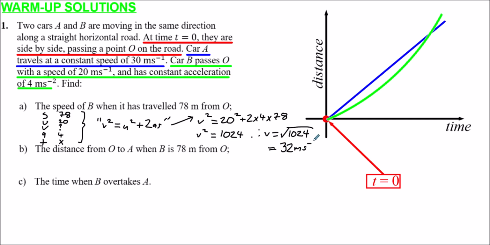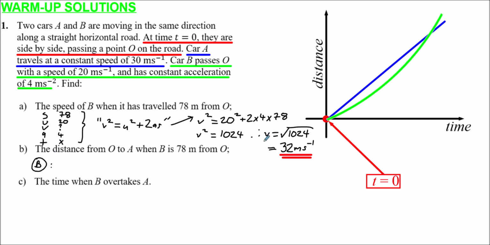So that's the speed of B once it's travelled 78 meters from the origin. For B, what we need to now do is find the distance O to A when B is 78 meters from O. So now we're thinking about car A. So just think about car B again for a second. So just for B,